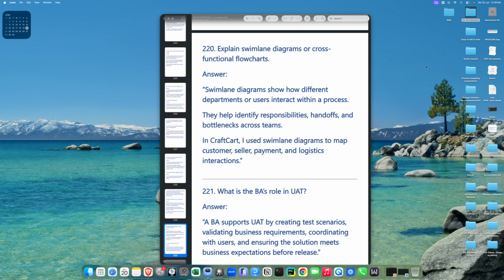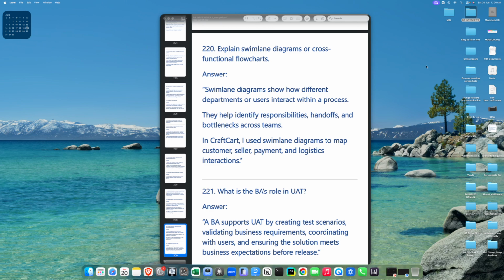So swim lane diagrams basically show how different departments or users interact with the process. For example, how a customer interacts with the process, how a seller interacts with the process, how a payment department interacts with the process, or how a logistics department interacts with the process. I think all these four are shown very easily and visually in a swim lane